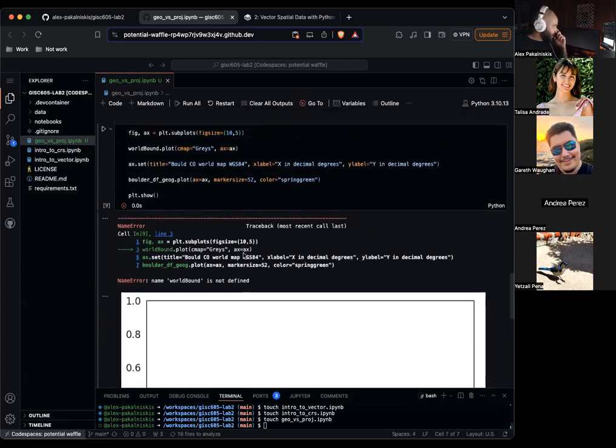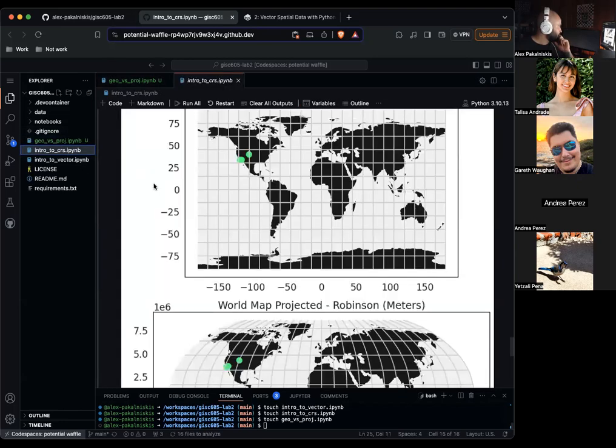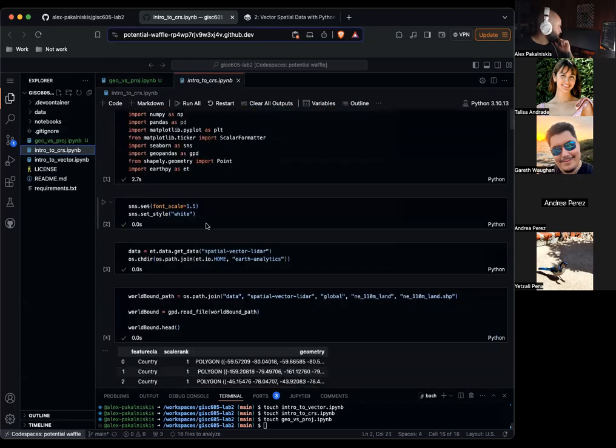Okay, world bound is not defined. Good to know. I just need to import that. Interesting, so they just assume we have it from the last lesson, which is a bummer. Let me read that in real fast. Let me see, we had it here somewhere.